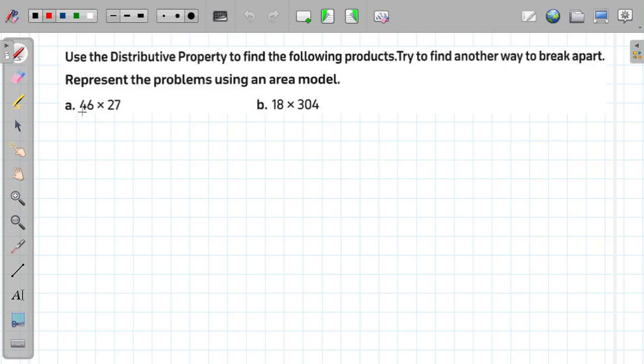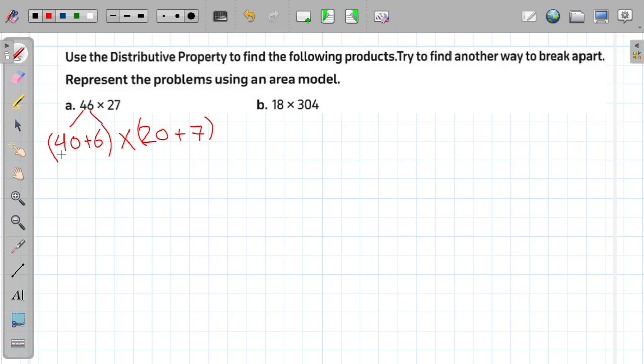Okay, I have 46 and 27, so I will break the two numbers like this. The first number is 40 and 6, and the second number is 20 and 7. So I have here 40 plus 6, and here I have 20 plus 7. Okay, so this is the first number and this is the second number, and I want to multiply them together. Okay, so first